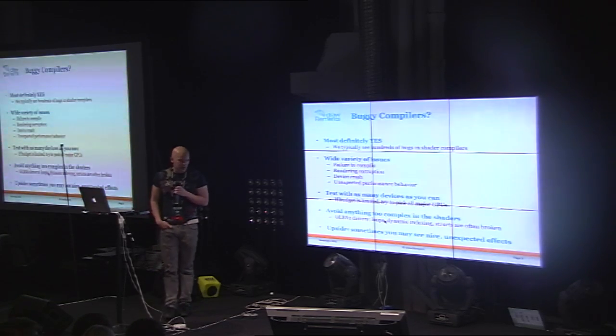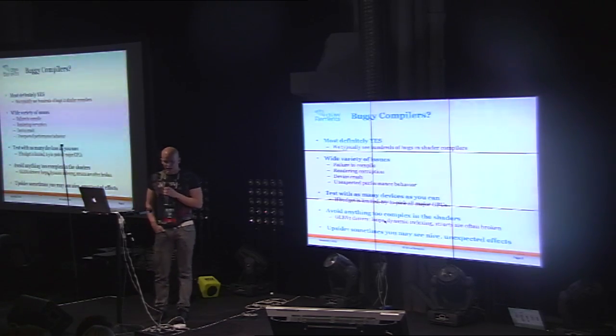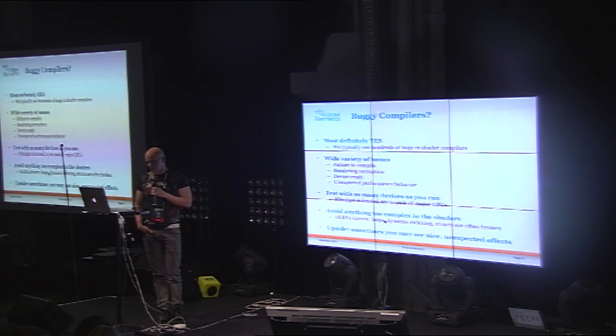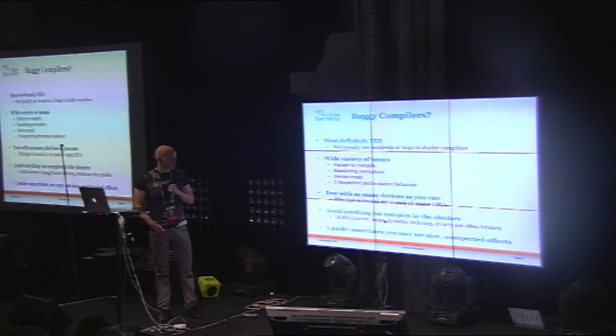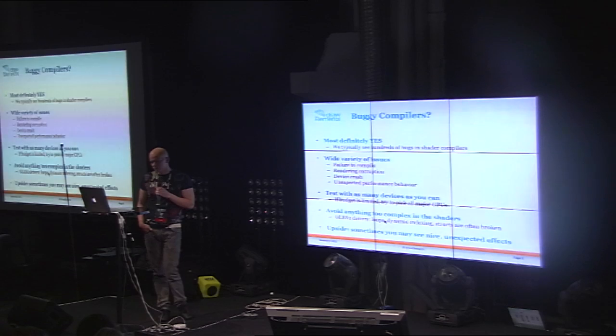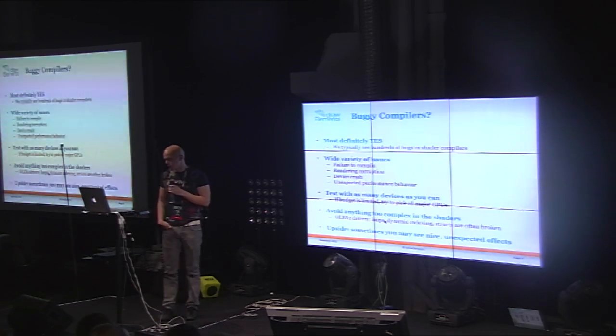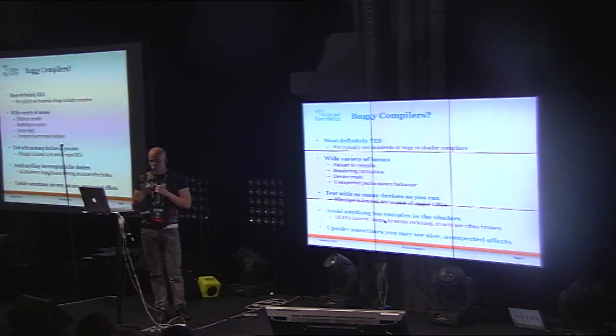And then the GLES compilers are quite bad with complex shaders, so try to keep the shaders as simple as possible. Another good reason for that is, of course, that simpler shaders are faster. But a couple of features you should especially avoid are loops and dynamic indexing. They are pretty badly broken based on our tests.